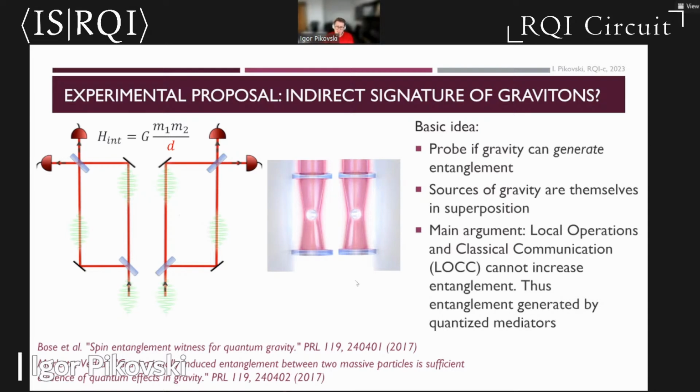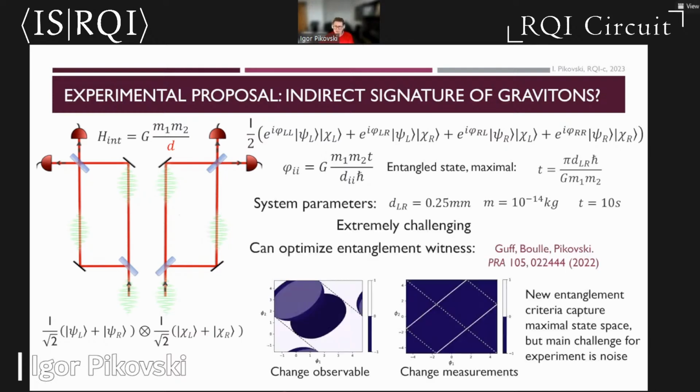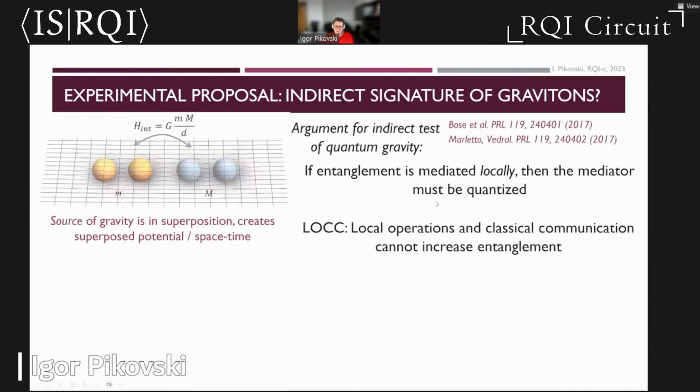Our goal here was to analyze what it is that one can learn from such experiments. So one really generates entanglement. And the question is, this is an indirect test. So how is this entanglement generated? And what can we learn about the underlying nature of gravity depending on our different assumptions? And so, just to mention briefly, this is what we analyzed